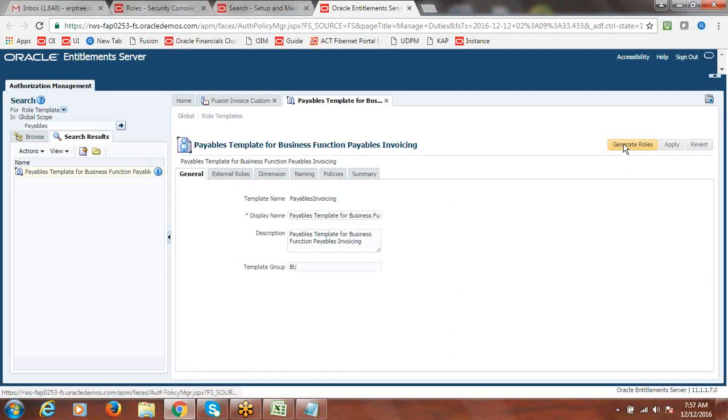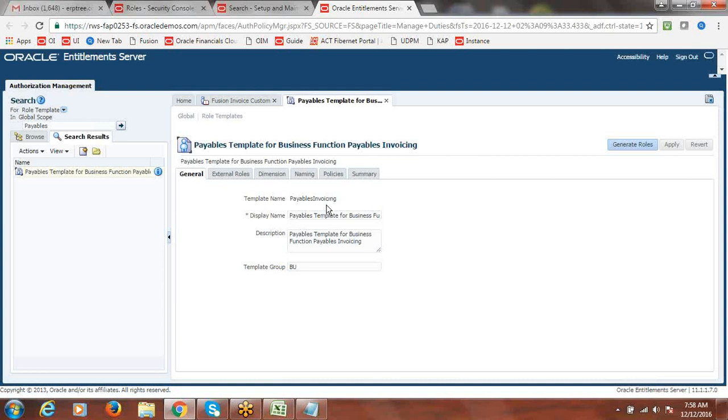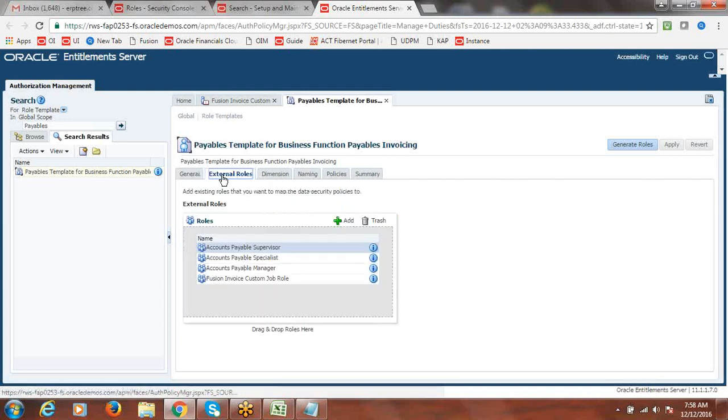So click on generate roles. Okay, now this is the custom role name. Now you can find this role with the combination of our BU.